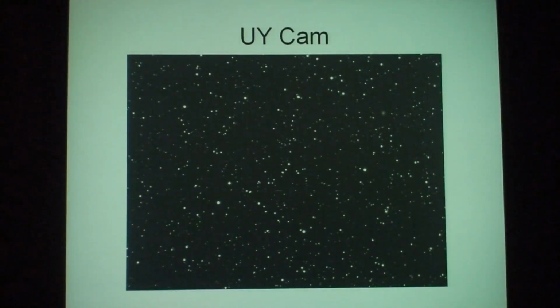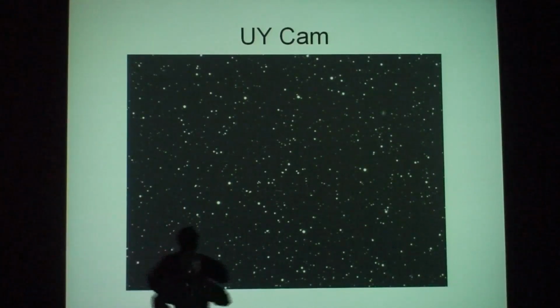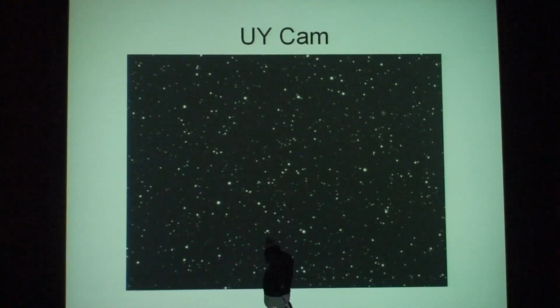Right button. All right, so here's a picture. I have about 1,000 of these. This is my star, right there in the middle. That guy. Oh, the laser does work. All right, that guy right there. UY Cam, Camelopardalis. So, before we get into the actual astrophysics that's new, we're going to do a little bit of background.